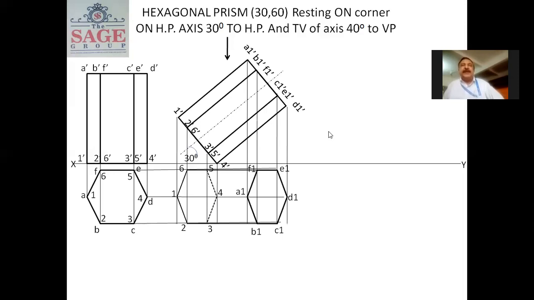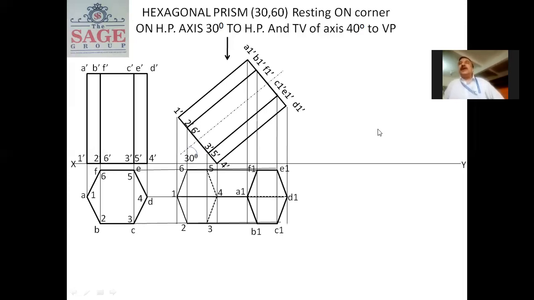In this way, we partially complete this question. Now we have to draw the edges of the faces, meaning join 1 to A1 and join 4 to D1 like this. 1 to A1 is a completely visible line, and 4 to D1 is an invisible line, meaning a hidden line. So we draw it hidden up to here, and this is complete. In this way we complete this problem.